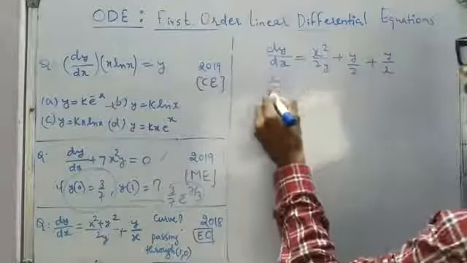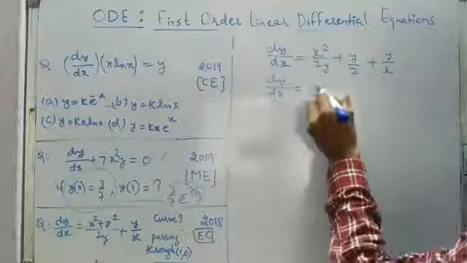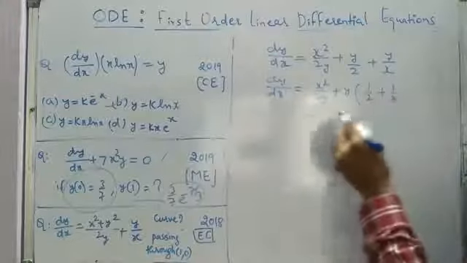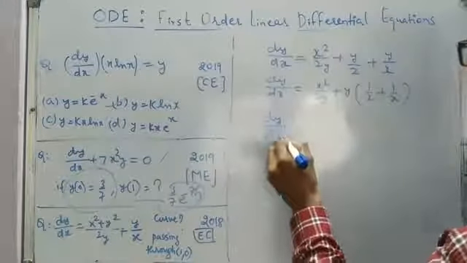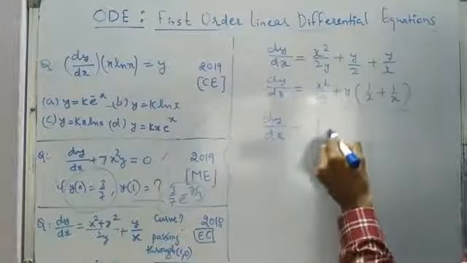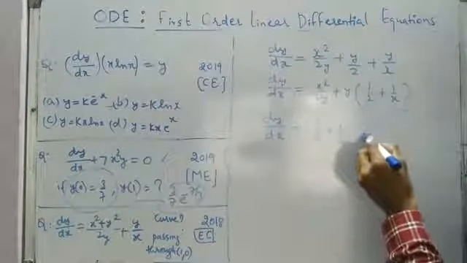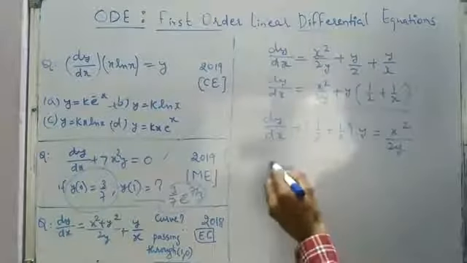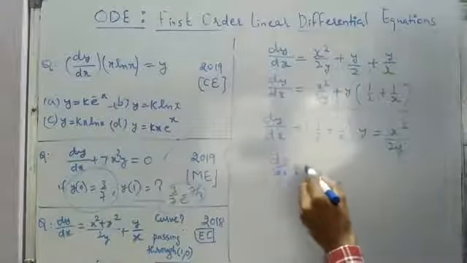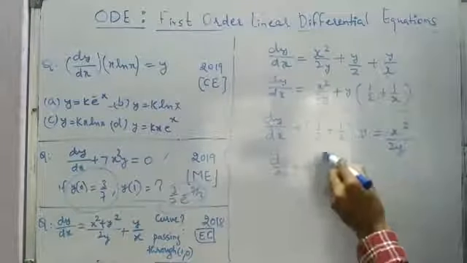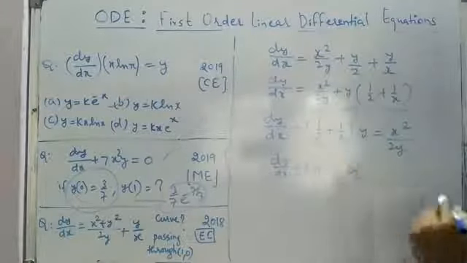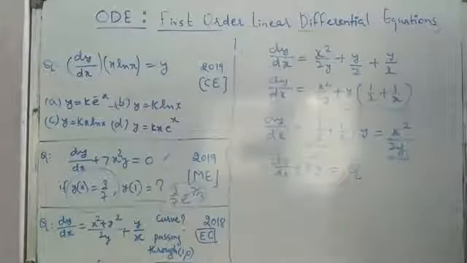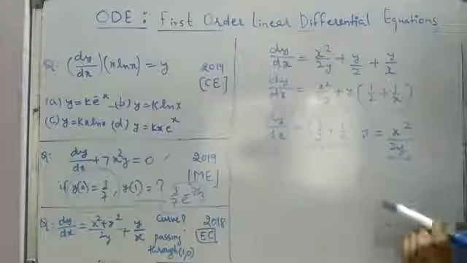So let's write it something like dy by dx is equal to x square upon 2y plus y times 1 by 2 plus 1 by x. So dy by dx, and I am taking this term to the left hand side. So minus 1 by 2 plus 1 by x times y is equal to x square by 2y. And if we are comparing it in the form of dy by dx plus py is equal to q, then p and q should be functions of purely x. So this is true for p, but on the right hand side we are not getting a function of purely x. So let us multiply by y also, 2y also.